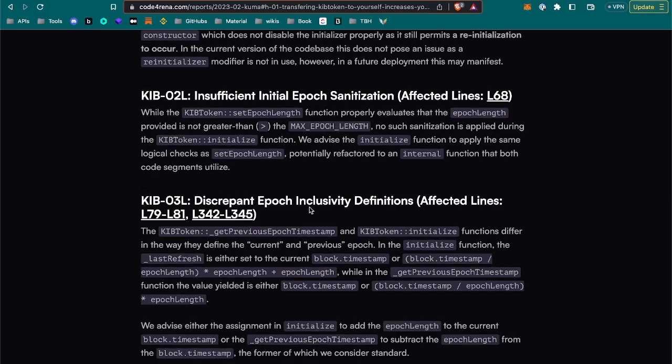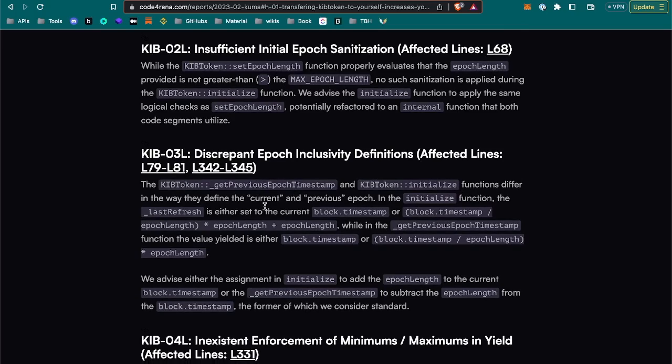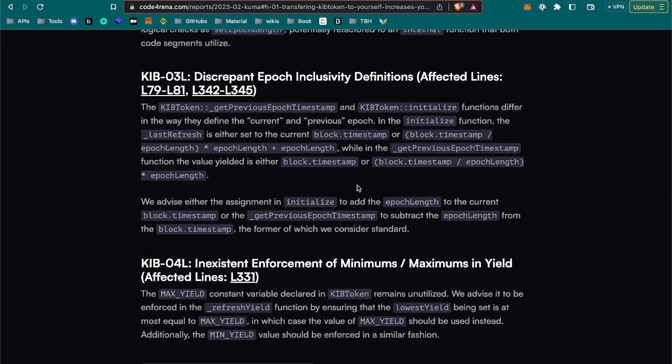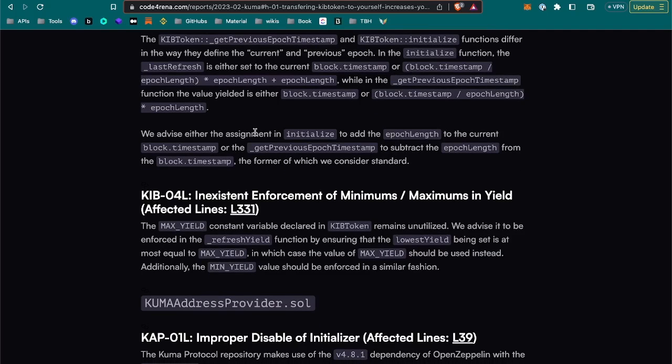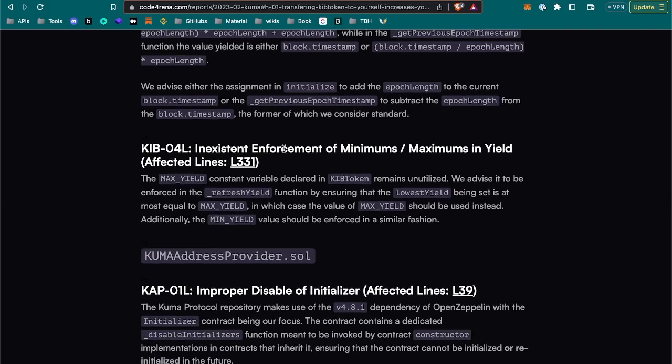Discrepant epoch inclusivity definitions. Probably there is some difference from the documentation. Usually, when you go through the documentations, you need to make sure if it applies on the contracts. So most likely, this kind of laws is how it's called. So it's basically not following the documentation. But let's see. We advise either the assignment initialized to add epoch length. In existing enforcement of